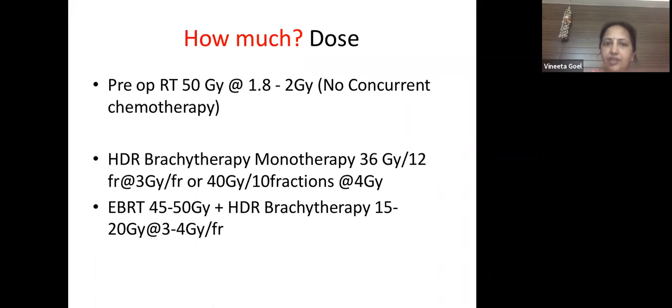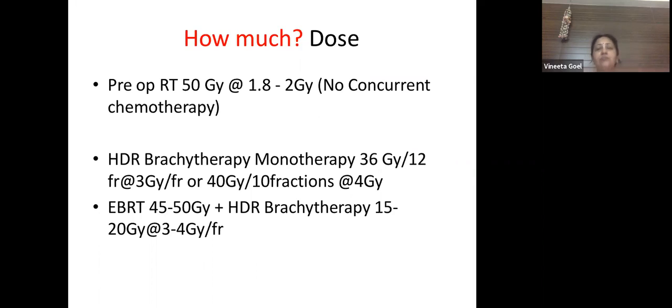In preoperative radiation therapy, the standard recommendation is to give 50 gray at 1.8 to 2 gray per fraction. Please make sure we are not giving any concurrent chemotherapy in the preoperative radiation therapy. As radiation oncologists, we are used to using preoperative CTRT in head and neck cancers and cervical malignancies a lot. The same principles do not